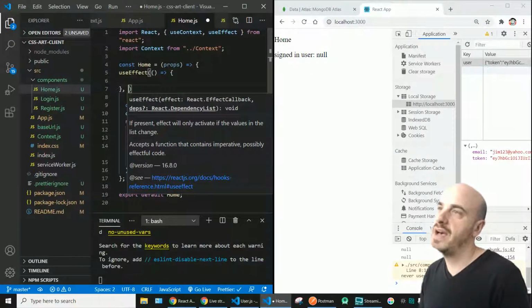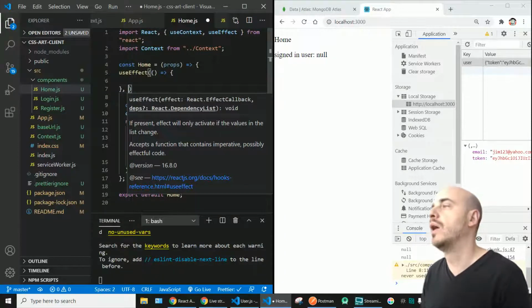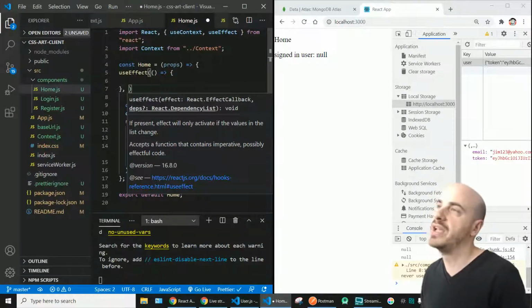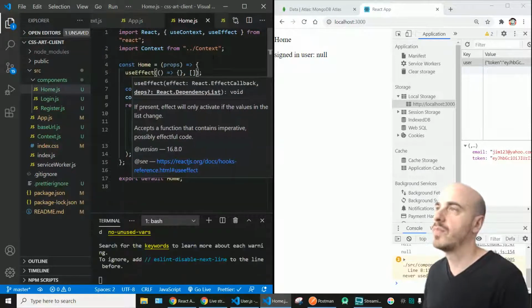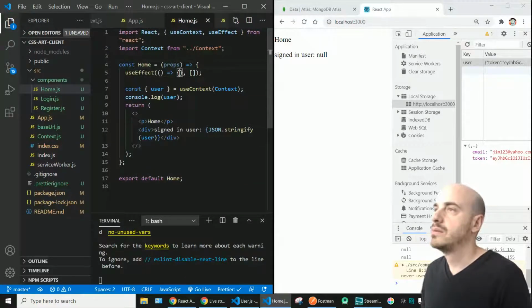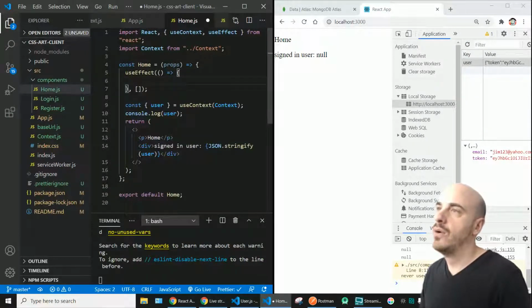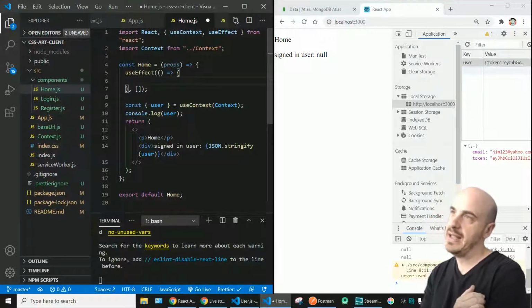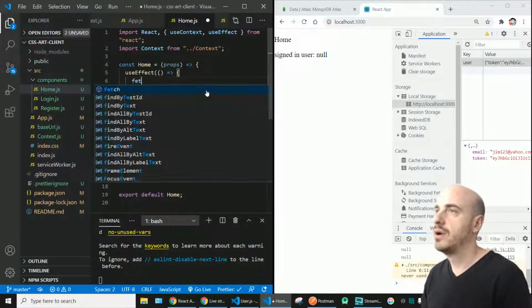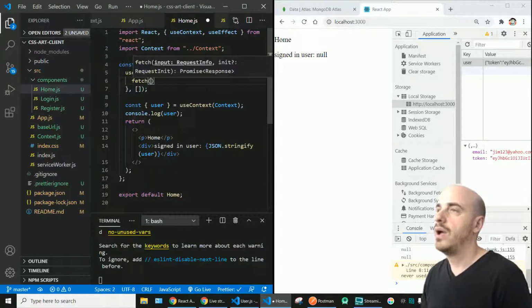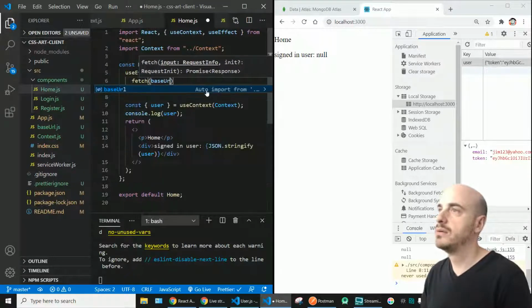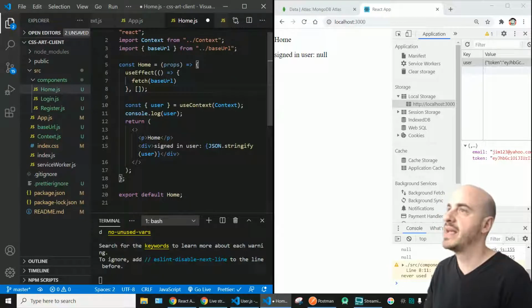But for this useEffect, we just want it to run one time when the application is mounted, so when it first starts up. To indicate that, we just give an empty array. Now what we want to run is go ahead and fetch from our base URL. Let me show you in Postman because it makes more